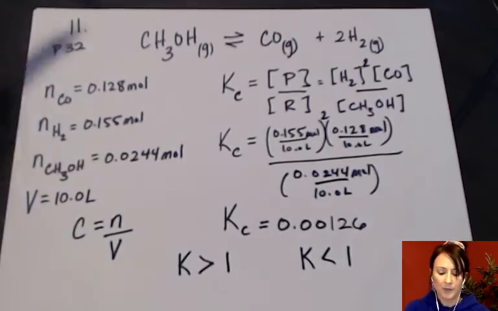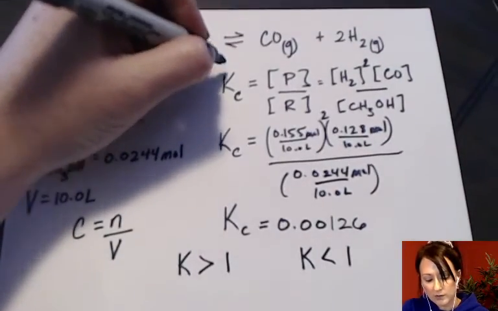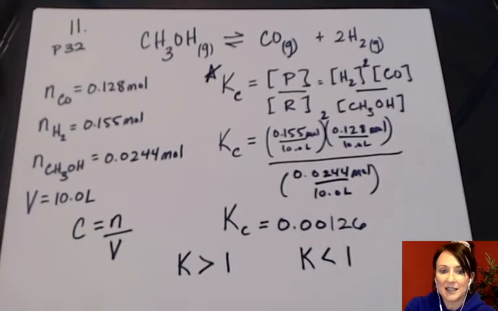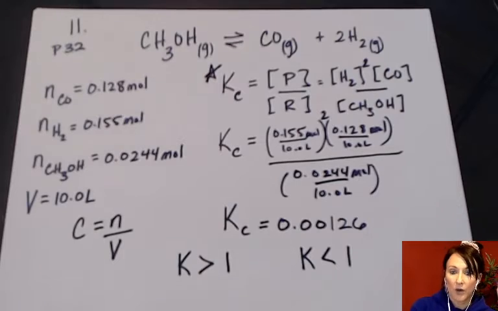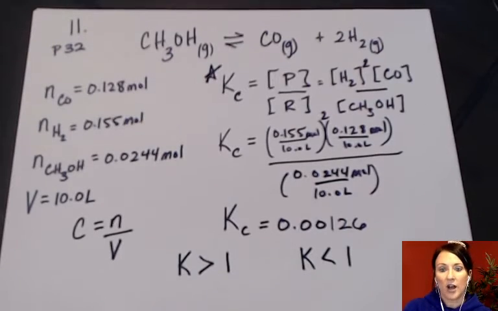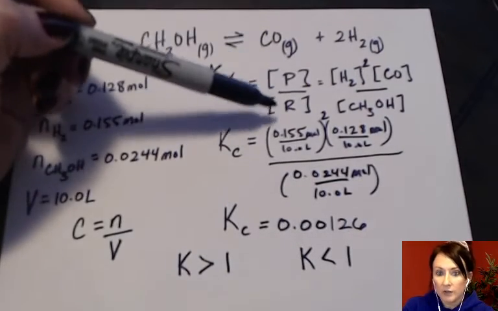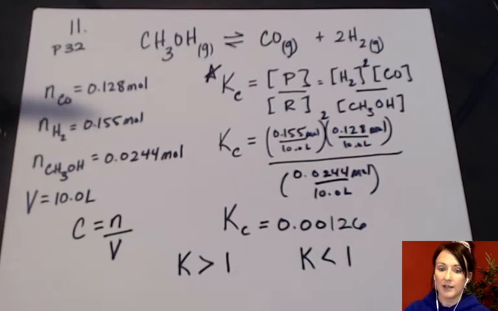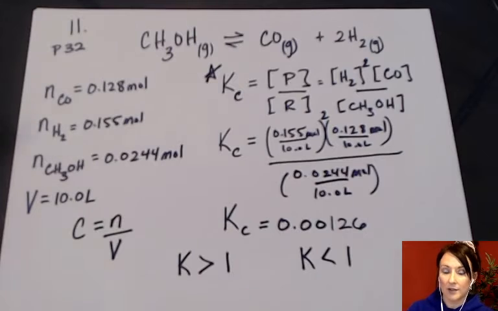I'm going to come back to the very beginning here where I wrote Kc is products divided by reactants. So if you think about what you're actually doing to find your Kc value, you're dividing two numbers. And it's either going to be an answer that's greater than 1 or less than 1, depending on